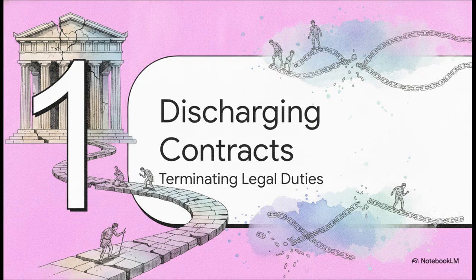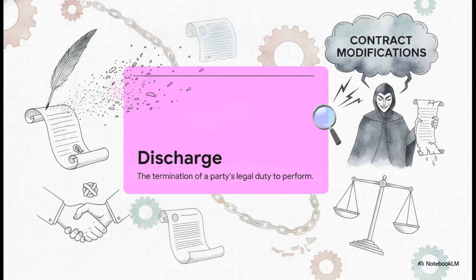All right, let's jump right into Section 1, Discharging Contract Obligations. At its absolute core, the discharge of a contract obligation simply means terminating a party's legal duty to perform. You're officially off the hook. Unilateral discharge really only happens in two ways, through full performance or a valid tender of performance. Basically, if you do exactly what you promised, or you offer to do it unconditionally and the other side flat out refuses, you're discharged. Done. But otherwise, if you want out early, you're going to need mutual agreement, which brings us to the real villain